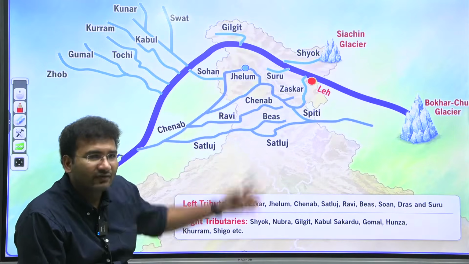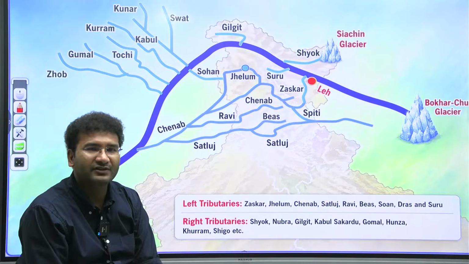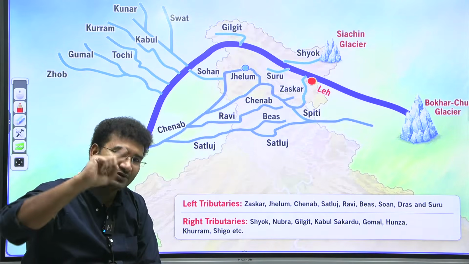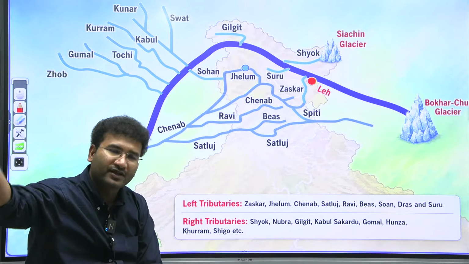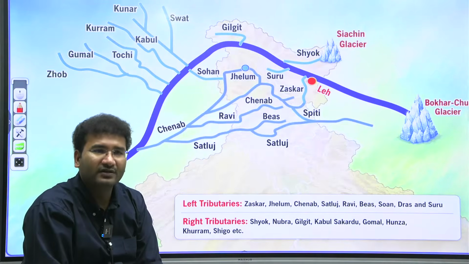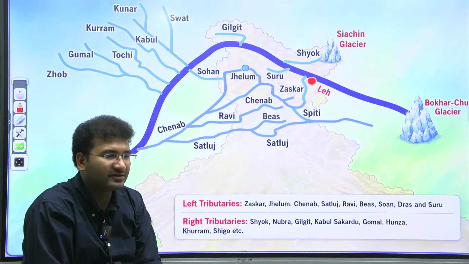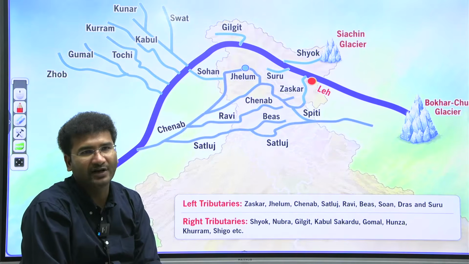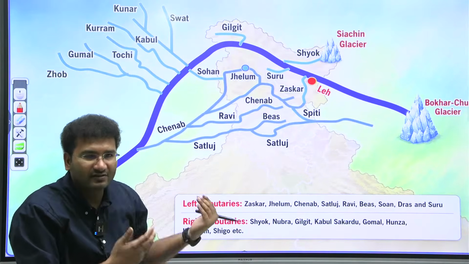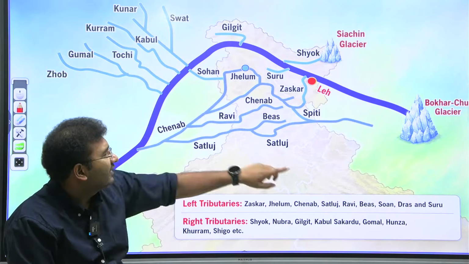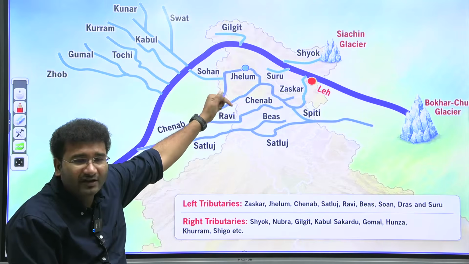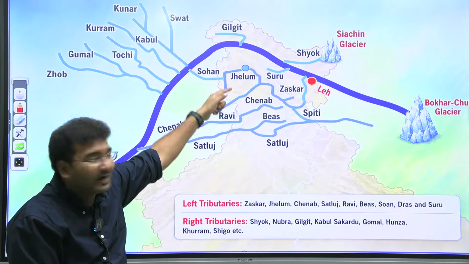The origin of this river comes from Bokar Chu Glacier, which is located near the Mansarovar Lake itself. Mansarovar is also the origin place for the Brahmaputra and Sutlej. In and around this Mansarovar Lake, these rivers originate. The birthplace for Sutlej, Indus and Brahmaputra are all the same, on the Tibetan plateau. Just that one river is going on this side, another river is going on that side. So here they enter into India, and on the Karakoram range, between Karakoram and Ladakh, this flows through and takes a turn.